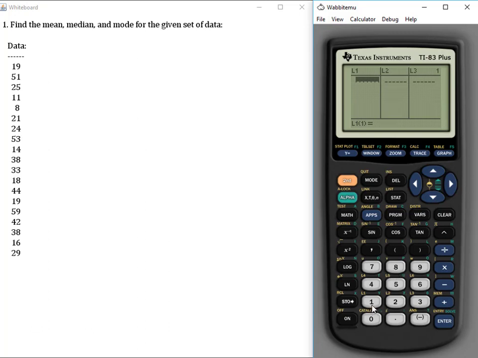I'm going to start with the first data item, which is 19, and I just type it in and press enter, and it goes wherever the cursor, the shaded in part here is, and then 19 appears in my list. The next value is 51, press enter, put that in, then 25, and I keep doing this until I get through all my data. 11, 8, 21,